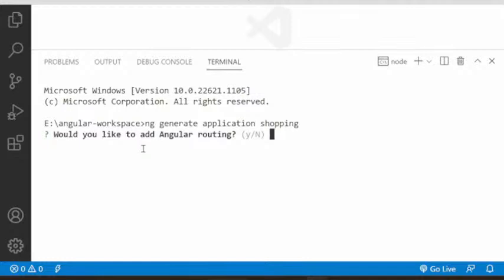So I am not adding this, because if you add this, some routing will come automatically. Routing is used for creating navigation, and we will learn manually how to do this. So we will ignore it here. If you ignore it here, later you have to add it manually. So no problem. I am saying no. I don't want to add any routing.